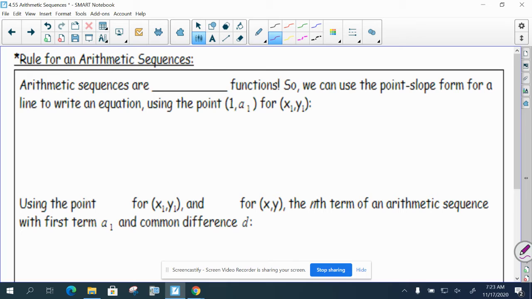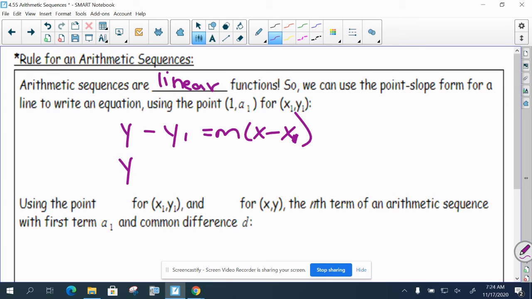All right, and here I'm just going to prove to you how to get the arithmetic sequence. Arithmetic sequences are linear functions. So let's take the point slope form for a line and write an equation using 1 comma a sub 1. That represents the first term, a sub 1, for x1, y1. Remember, point slope form is y minus y1 equals m times x minus x1. But instead of x1, y1, we're going to replace that with 1 and a sub 1. So we're going to do y minus a sub 1 equals,